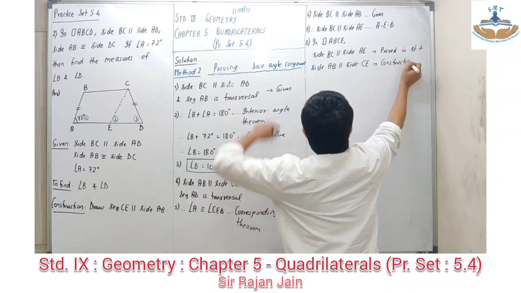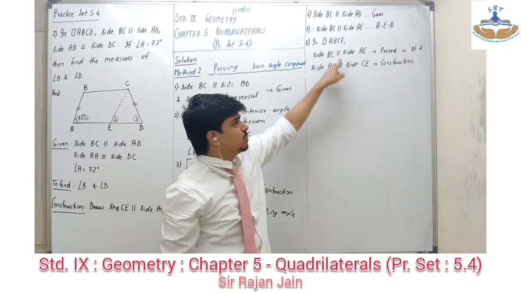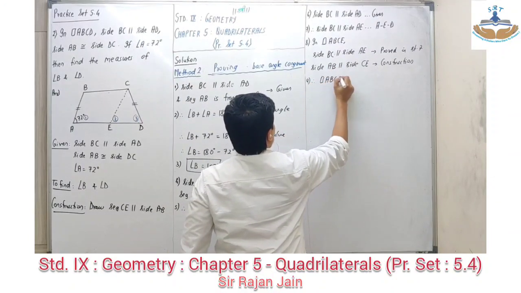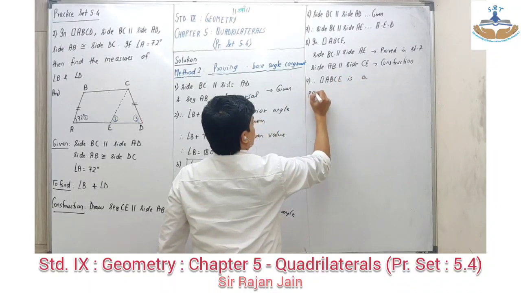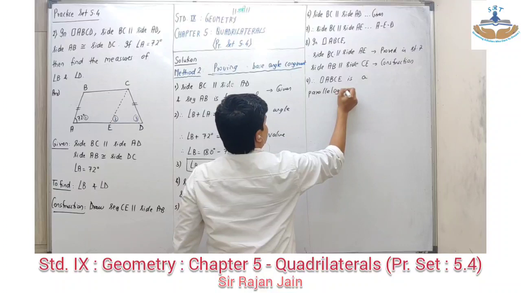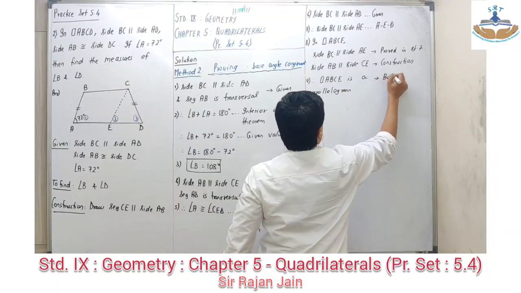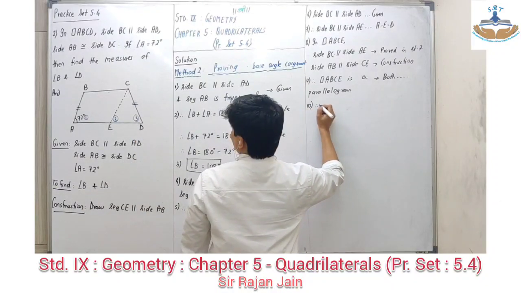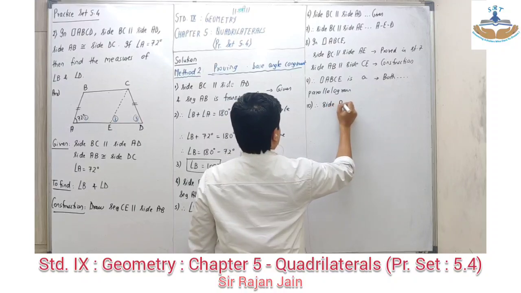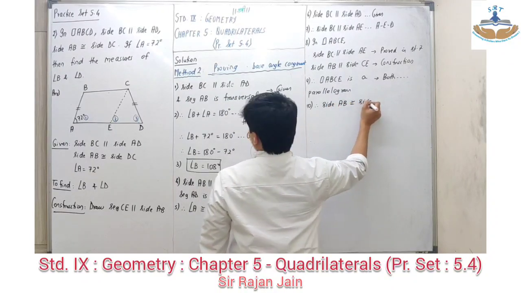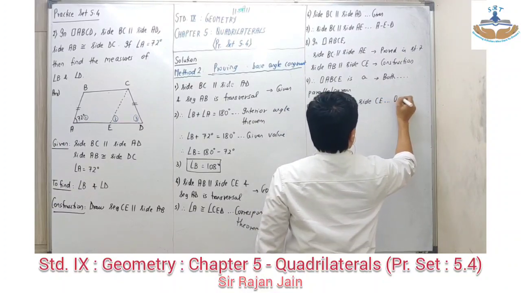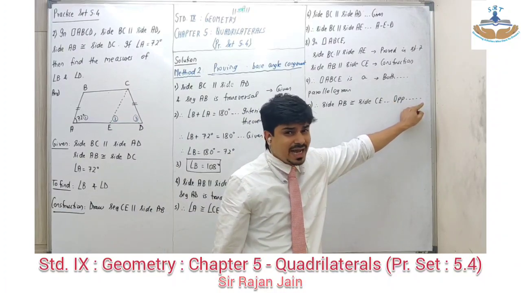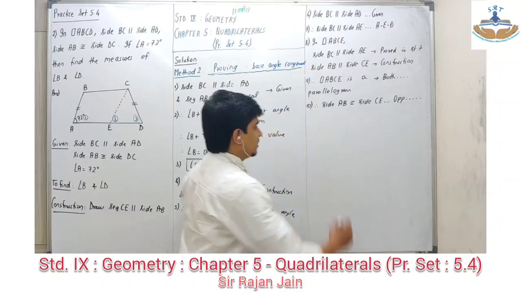So what have I specified? That in this quadrilateral both the opposite pairs are parallel. If both the opposite pairs are parallel, you can conclude therefore quadrilateral ABCE is a parallelogram. Reason you can write both the opposite pairs of sides are parallel. Is that clear? Okay. If it is a parallelogram, you can say therefore side AB has to be congruent to side CE. Reason? Opposite sides of a parallelogram are congruent. In the exam you cannot write dot dot dot. You have to write the entire reason. What will you write? Opposite sides of a parallelogram are congruent.